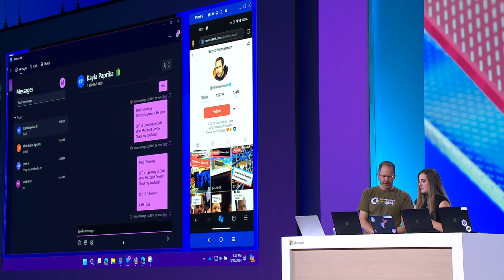Now that's not going through because that's a fake number. So you're spamming a real person who has that phone number, and they're refusing your text. Yes, just wanted to call that out. They've probably blocked me because of the amount of times I've practiced this demo. Probably not a good idea.